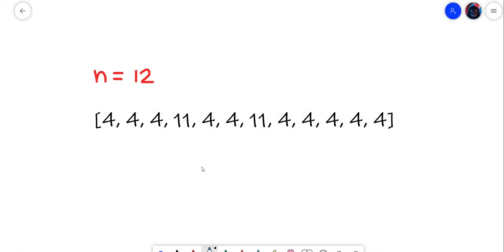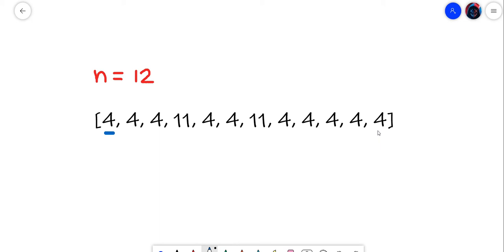So here is the example. I have considered 12 houses and there are two different colors of houses present. One is of color 4 and the other is of color 11. As we have to find the maximum distance between the houses, we get the intuition that the houses must be present at the starting and the ending. So let's consider the first house at index 0, and for the second house let's iterate from the ending, and whenever we find a house of a different color we will just return that.